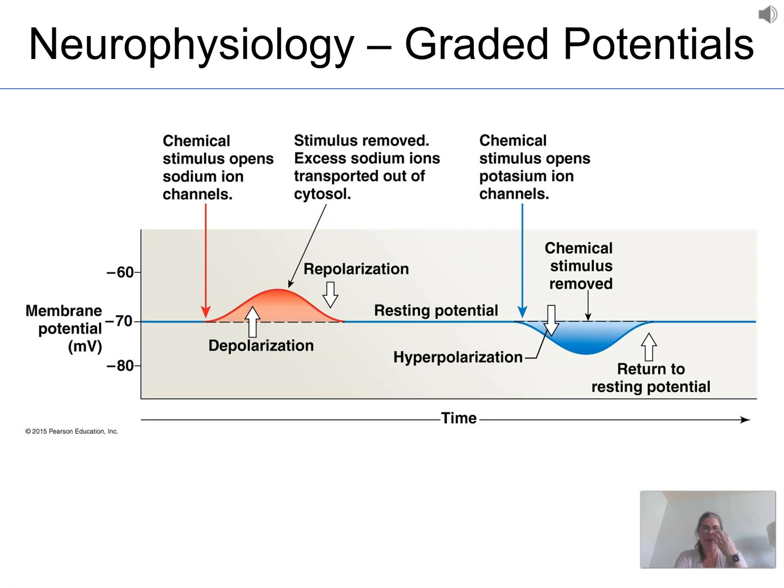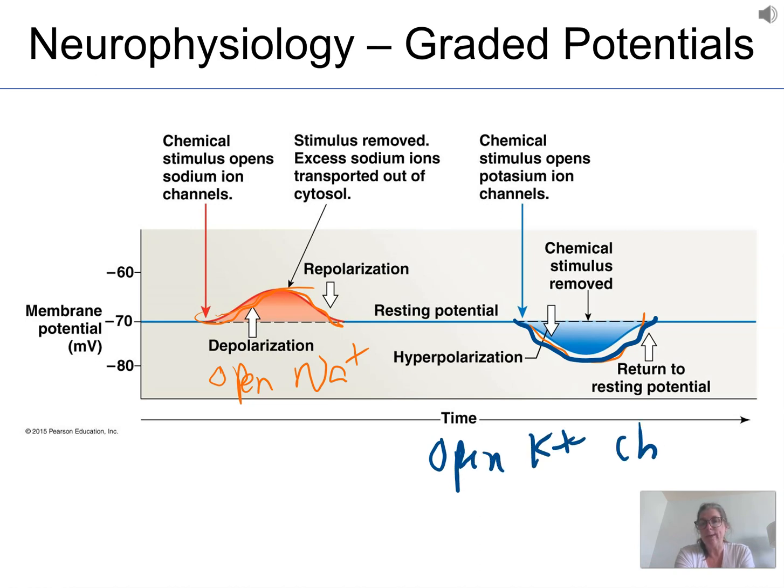The other thing about graded potentials is they can either depolarize, make it less negative, or they could actually hyperpolarize. Do you see how they can hyperpolarize? Now, whenever we're depolarizing, there's one way to do that, and that's to open those sodium channels. Sodium enters and it becomes more positive, you can say less negative. When we want to hyperpolarize a neuron, see how we're making it more negative? Remember that we can open potassium channels, and that potassium will always leave. And we said that would hyperpolarize it. So one way they do it is they open potassium channels and potassium leaves.